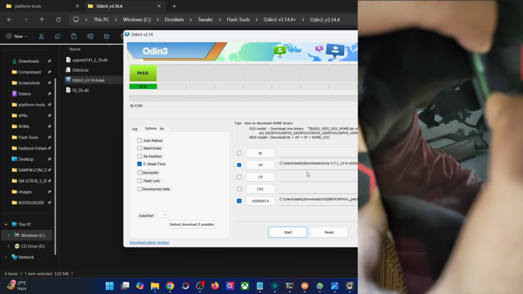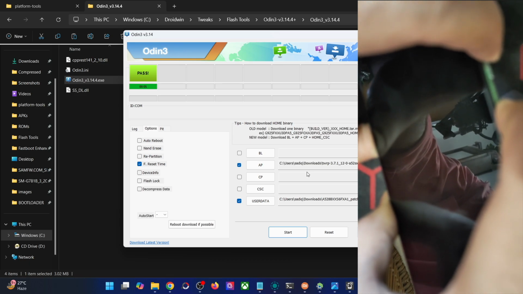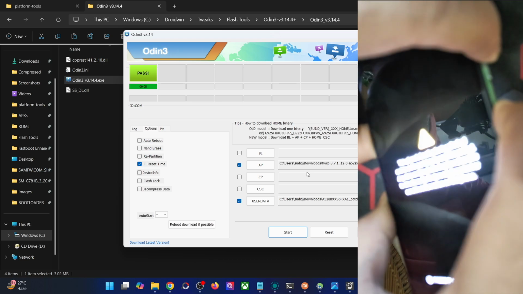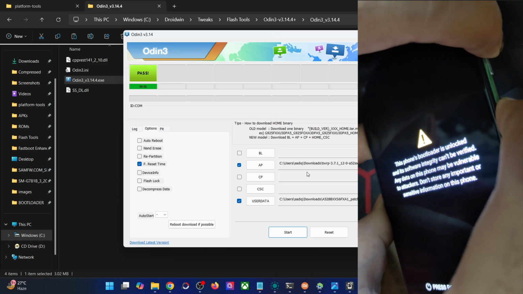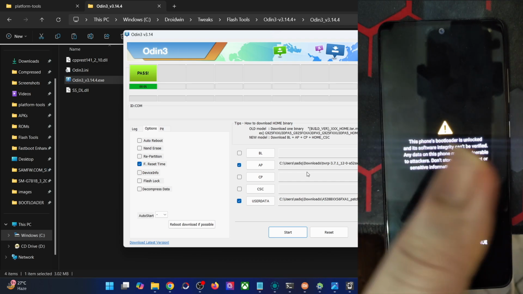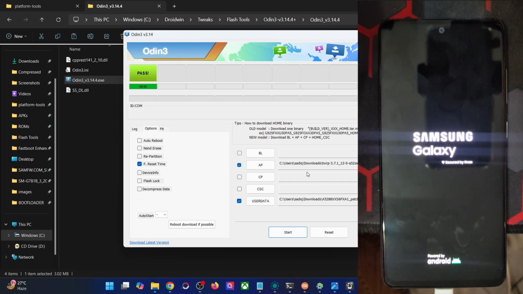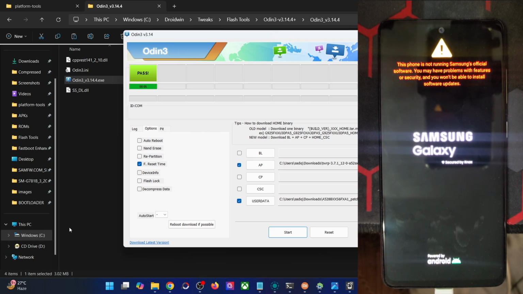Once you boot to the OS, you may then let go of this key as well, and your phone should now reboot to the TWRP recovery. So let's keep on holding both the keys, and within 3 to 4 seconds, you will now release the keys as well. And if you have done everything right, then your phone should now boot to the TWRP recovery. But if you haven't pressed the keys at the right time, then your phone will boot to the OS or the soft recovery. In both the cases, you will have to reflash the recovery via the Odin tool once again.